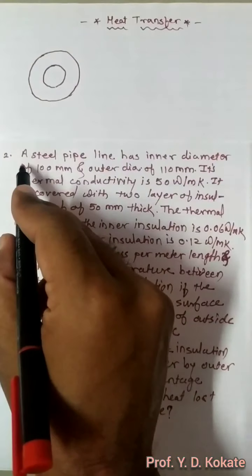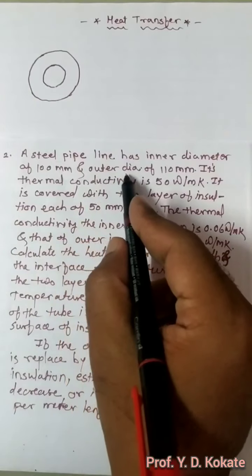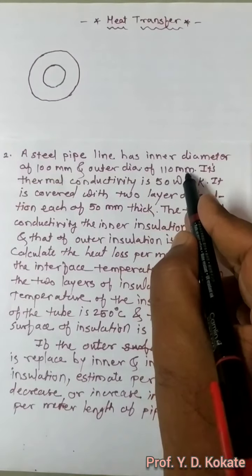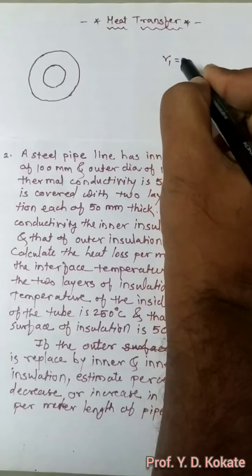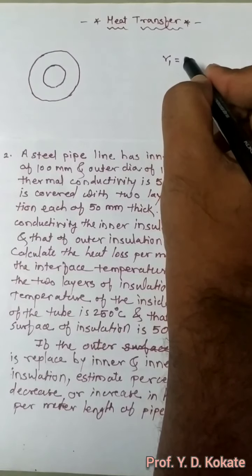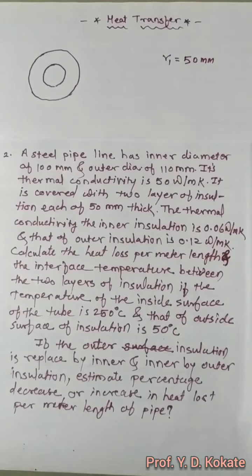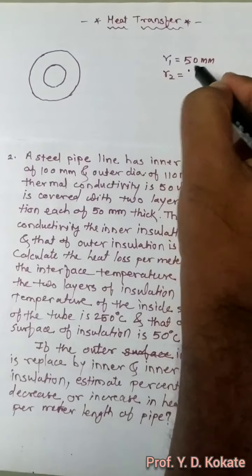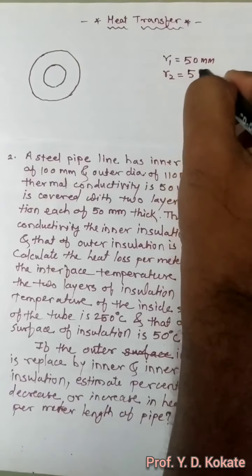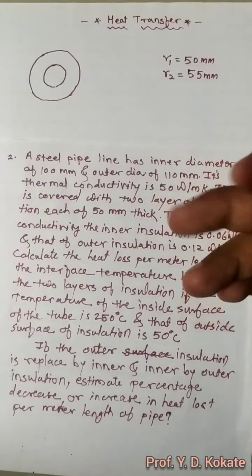So first of all we read the statement. A steel pipeline has the inner diameter of 100 mm and outer diameter of 110 mm. So we have inner radius of pipe is 50 mm and outer radius of pipe is 110, that means 55 mm. Keep it in mind, be cautious at the time of taking the inputs, otherwise though your procedure is correct,